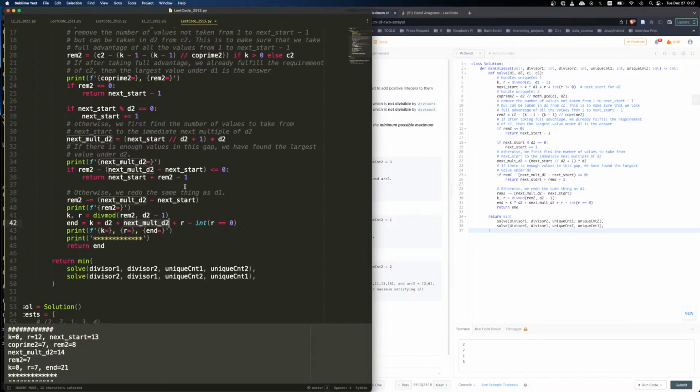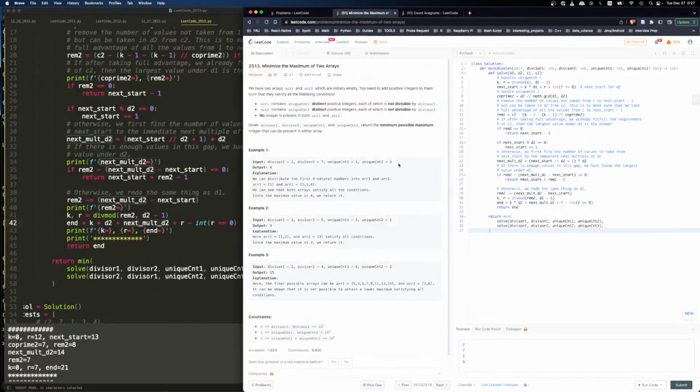Okay, I have another thought. So we have D1 and D2, right? We just keep going until D1. We're going to say everything belongs to D1 until D1, and this one will count for D2. Right, so D1 is small, D2 is big. So we go all the way to D1, and then D1 will count to D2, and then we keep count. But what if we hit D2? And what if D1 and D2 are